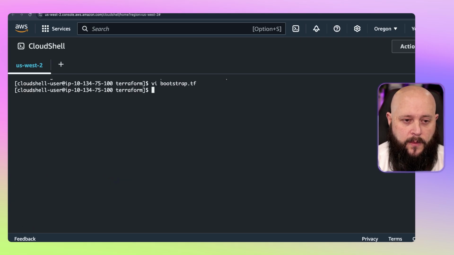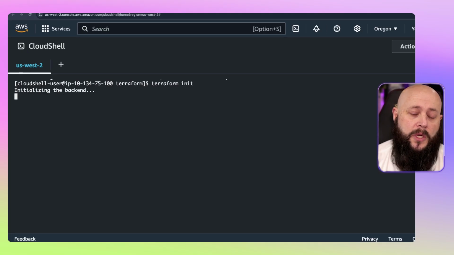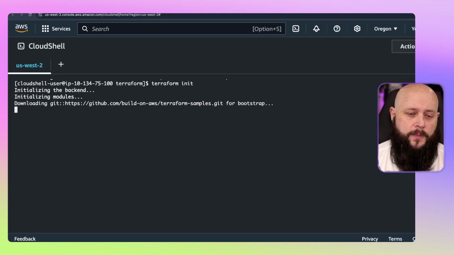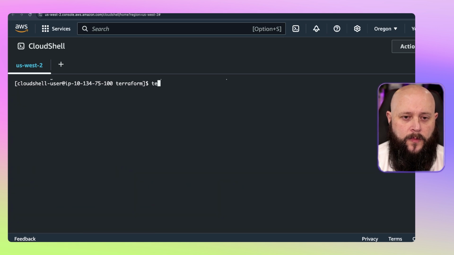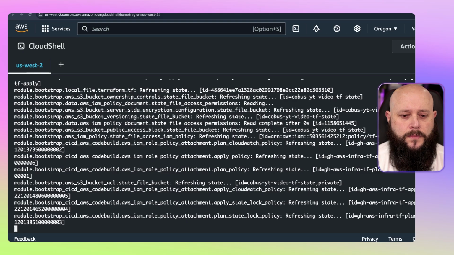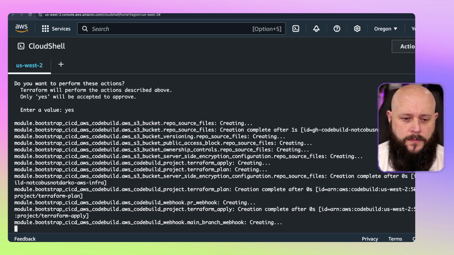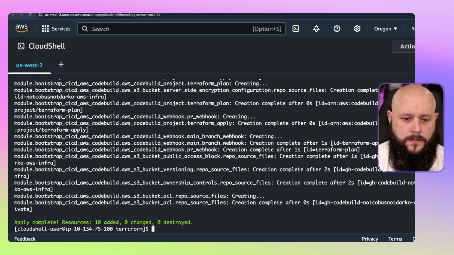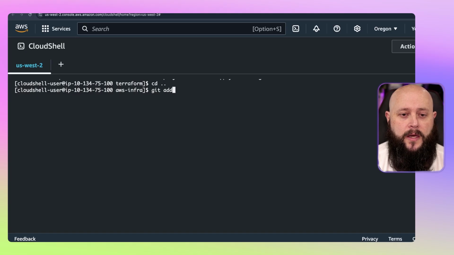Okay, and with that out of the way, we need to run terraform init again because there's a new module that we want to use. And if there were any new providers, it'll also pull that down again now. So there we go. Now another terraform apply. Okay, so now we've got a basic infrastructure in place, so let's not lose these changes. So we're going to go git add.